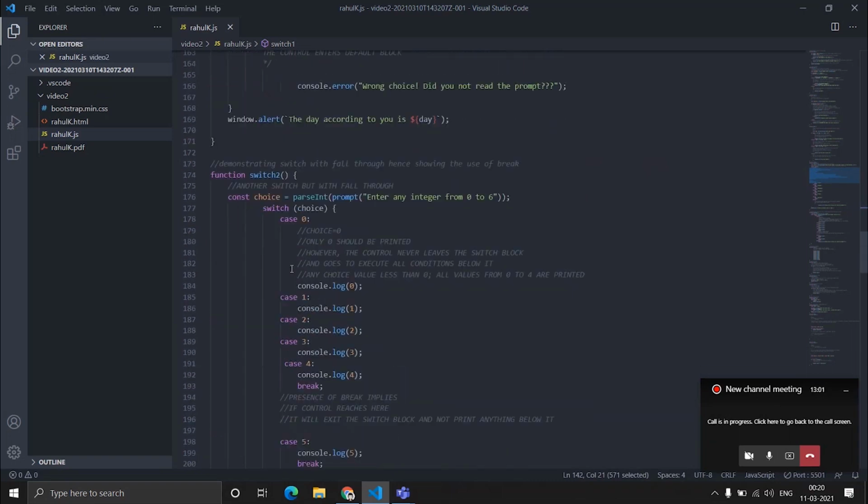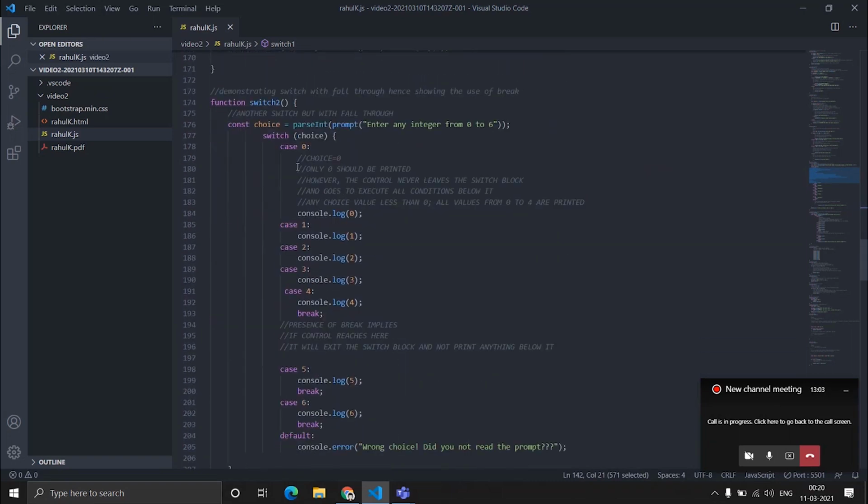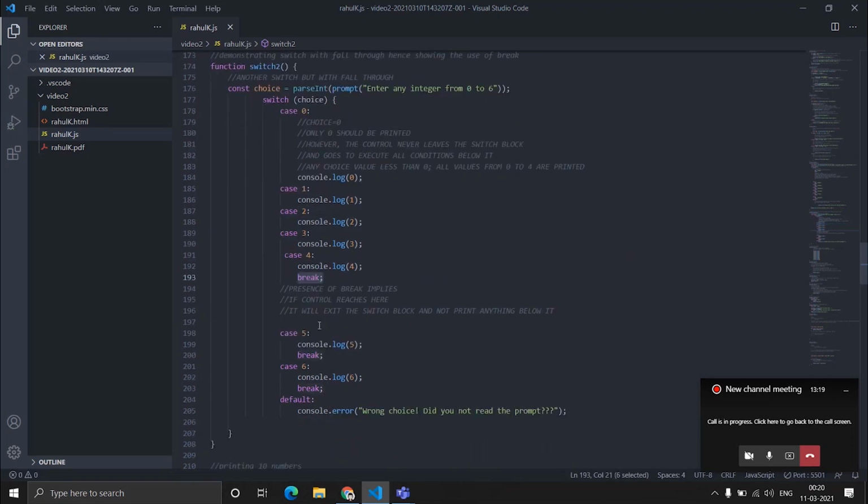Like you can see in our next example, I haven't mentioned break in this case, nor here, nor here, nor here. So if I enter 0, this case will also get executed. This case also, case 2, case 3, case 4. And when it encounters a break, here it will stop.